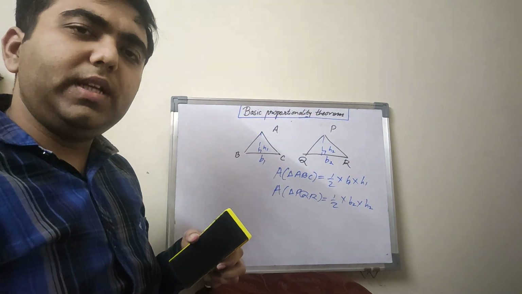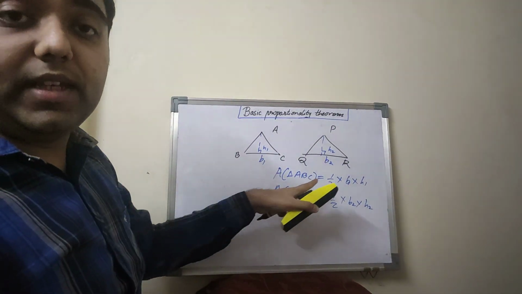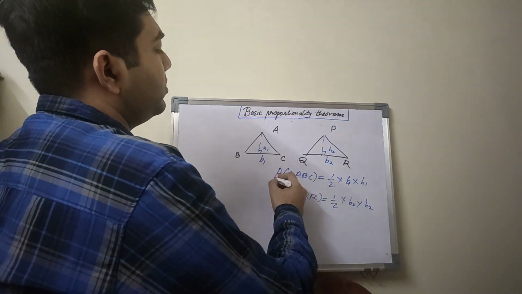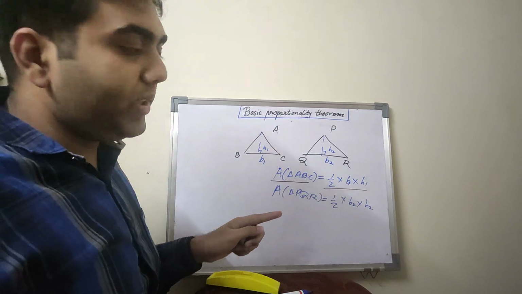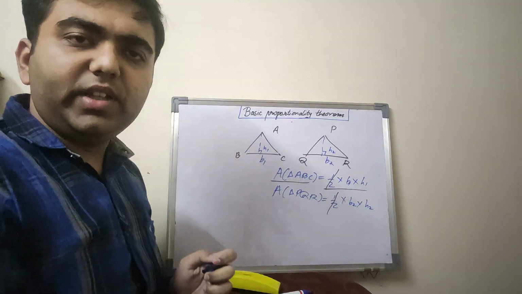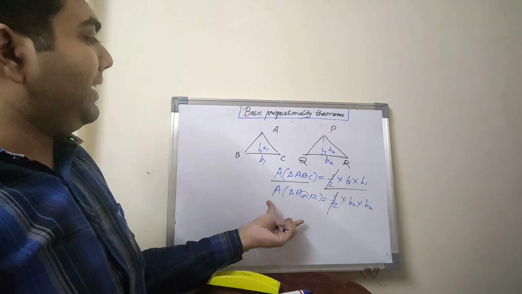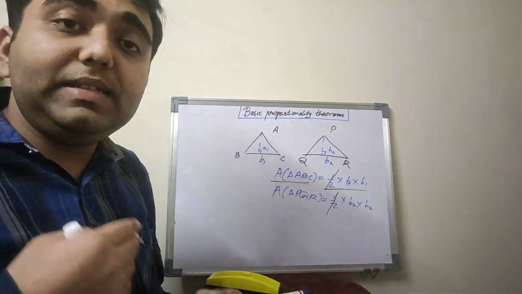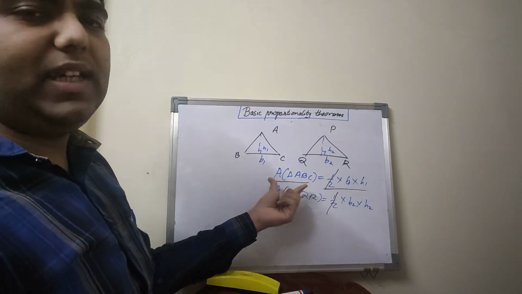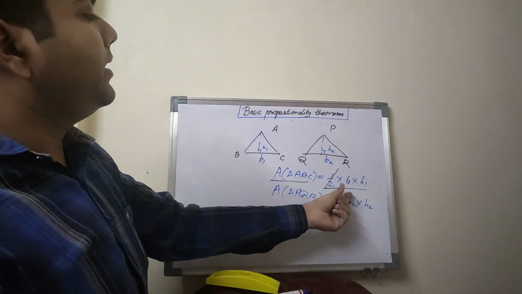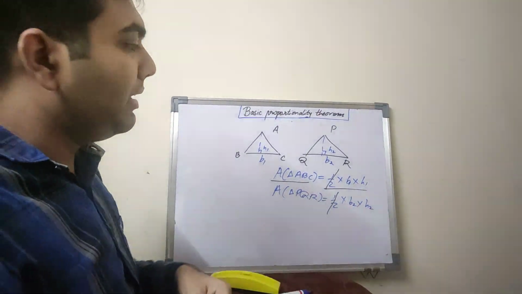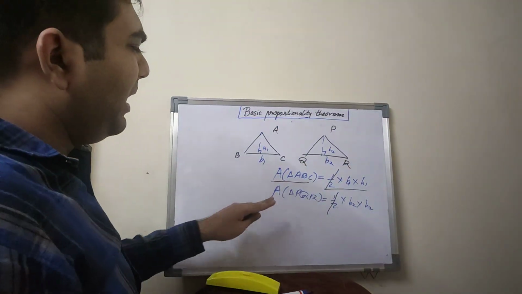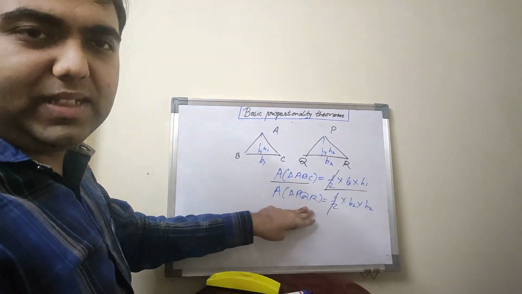Now I am going to take the ratios. Take their ratio, that is the ratio of both of these two triangles. So what if I take the ratios? You can see half and half is cut. So we are trying to get a relationship between the bases and the heights and the areas of two triangles. So you see area upon area of the triangles is B1 into H1 upon B2 into H2. That is the ratio of the products of the base and the heights of the respective triangles. But even this is not something very special.